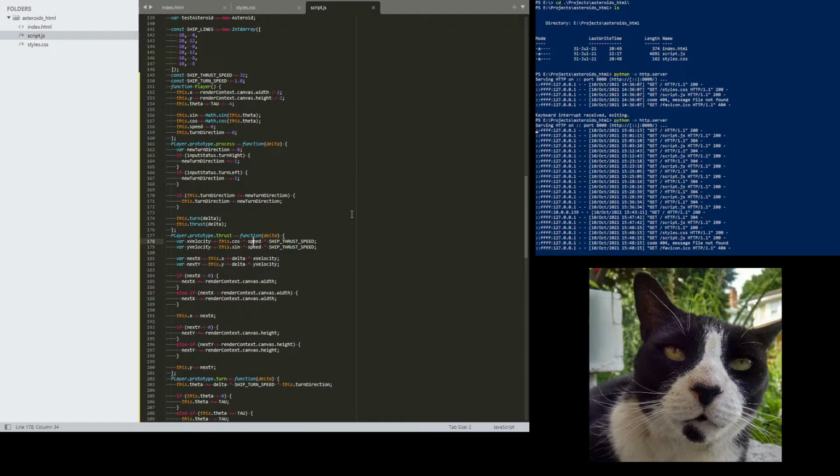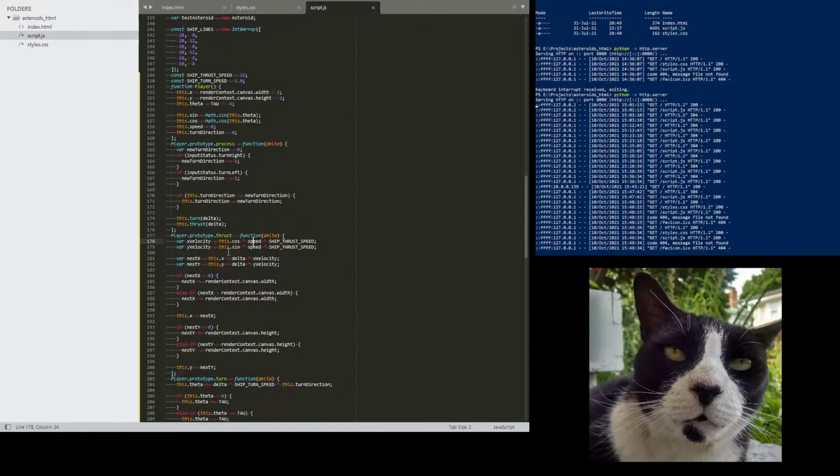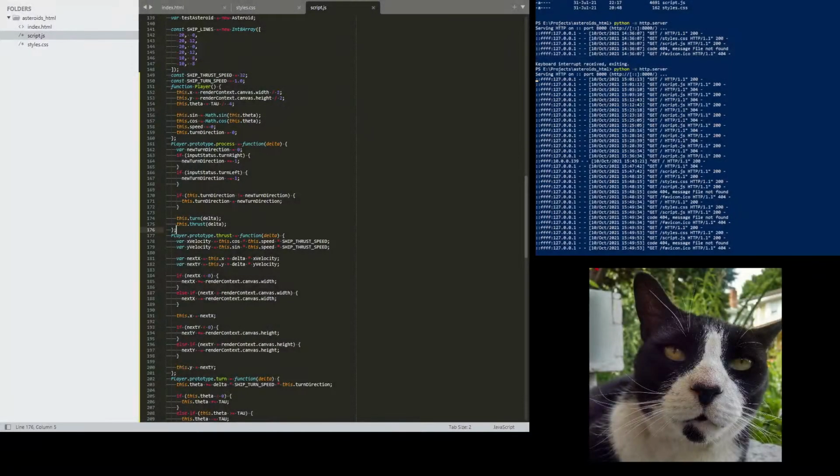So we put this in the function, and now if I hop back into the browser and refresh, there's an error. Why is there an error? Did I type it in wrong? Oh. Don't pay any attention. I forgot the obvious thing, which is that speed is not a variable defined anywhere. It needs to be this.speed because it belongs to the ship object. So now we don't move forward anymore because our speed is 0. And luckily,